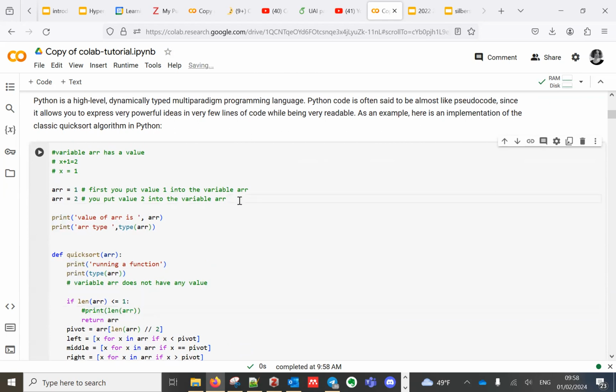For example, imagine that you write a program and somewhere in the beginning you assign a value to your variable and then you forget about it. The computer will remember it.